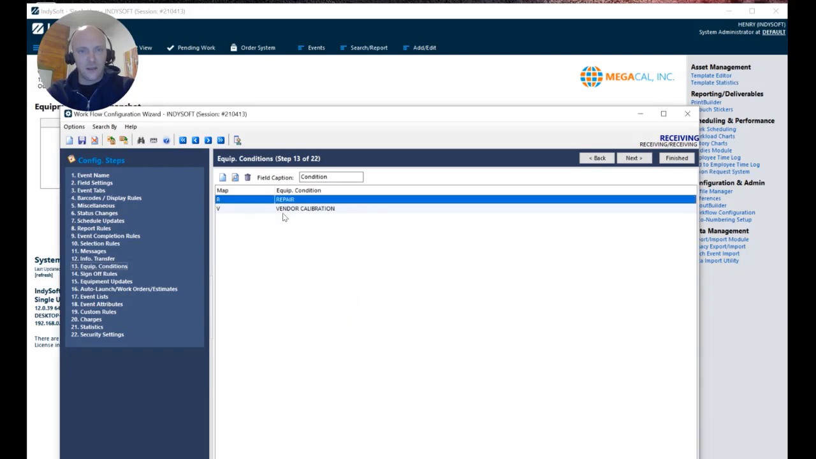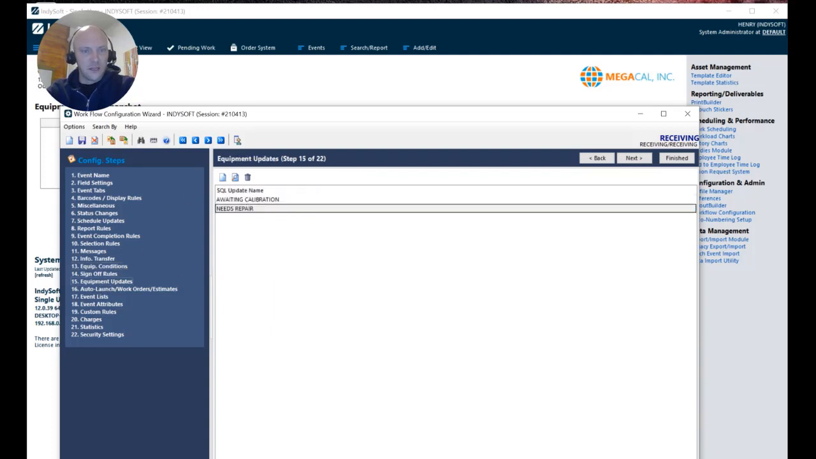That's really about it. So basically we're going to say, okay, if it needs repair, I'm going to put it in a tracking status that says needs repair. If I don't put in anything, I'm going to have it go to awaiting calibration. To do that, we have to go to step 15, equipment updates. So for my needs repair portion here,